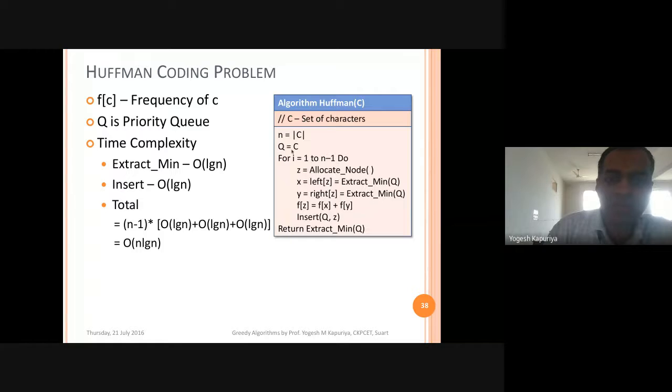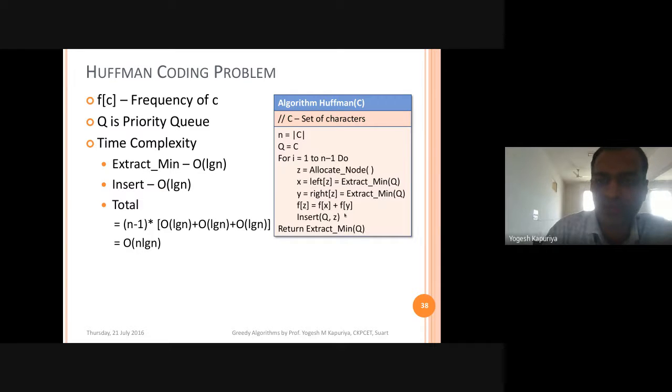So building the heap is something that, then you have this for loop. Obviously this line will be repeated n times. Then inside that we are allocating, so 1. Then you are extracting. When you remove something from a priority queue, that time complexity is also lg n. So here lg n, here also lg n.